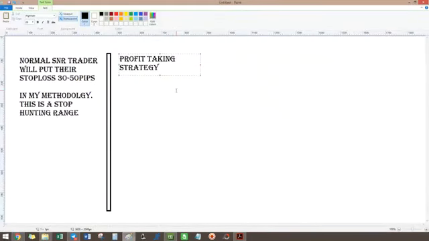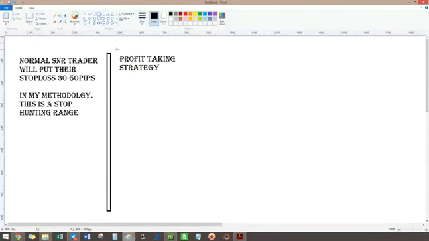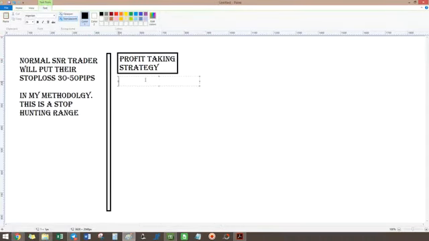So my profit taking strategy, because we want to make sure we are able to take the money out. Not to stay longer in the market, but just to be able to take your money. And if you want to trade long or hold the position, you need a lot of experience. So for starters or for beginners, you can start by a partial close